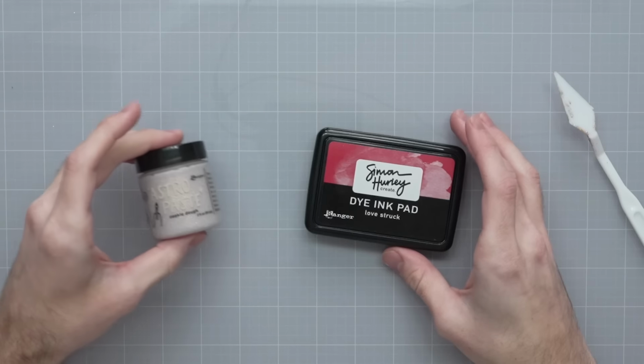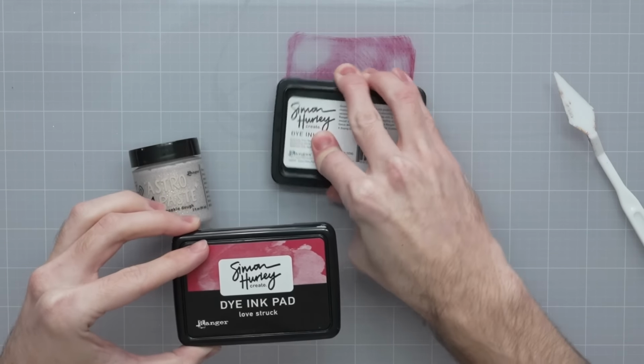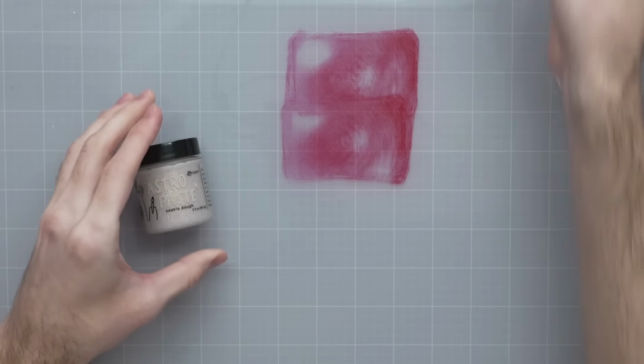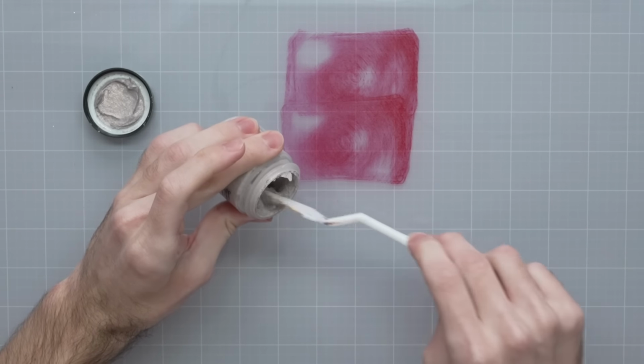dye it myself? So I'm gonna go in with a little bit of cookie dough and use some Love Struck ink from my Simon Hurley line. Again, I'm going to smoosh this right down onto my glass craft sheet. And then I'm going to go in with a little bit of that cookie dough Astro Paste and blend it